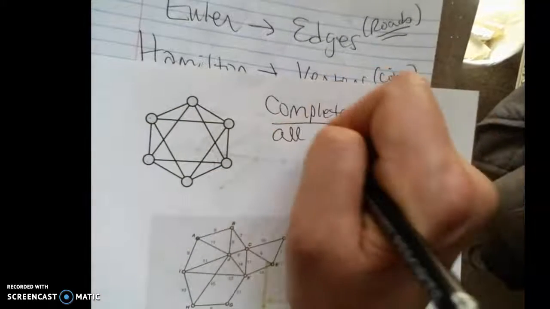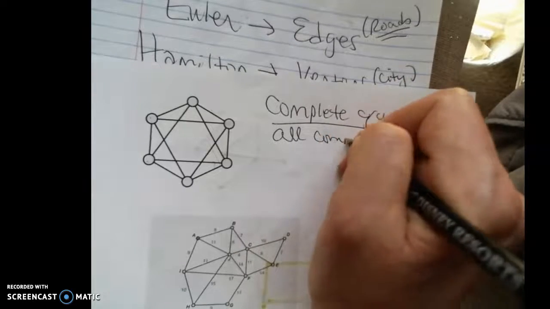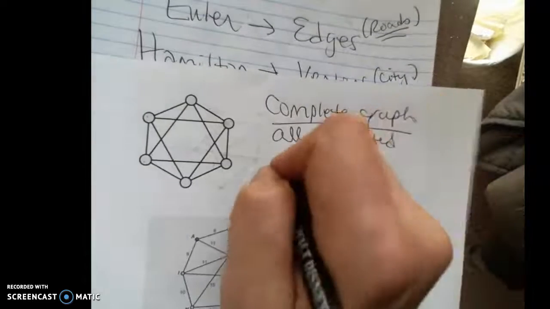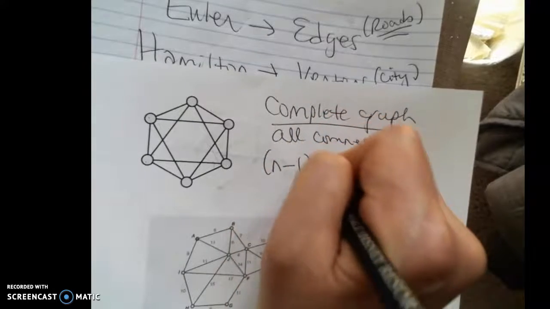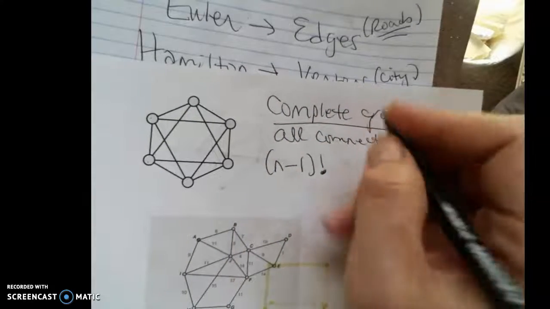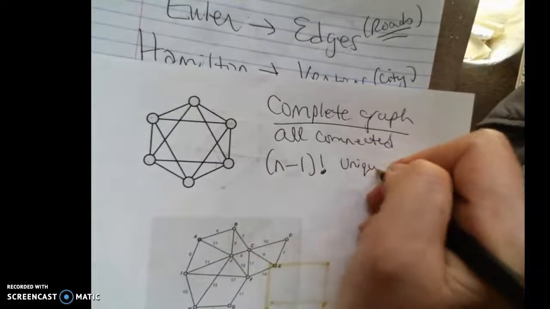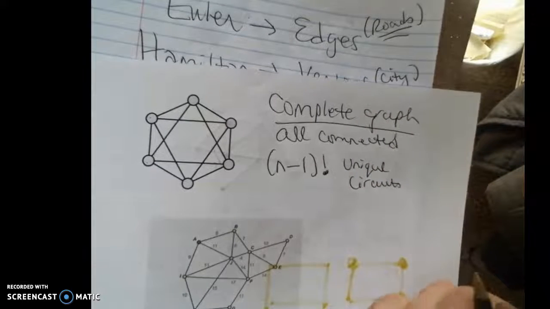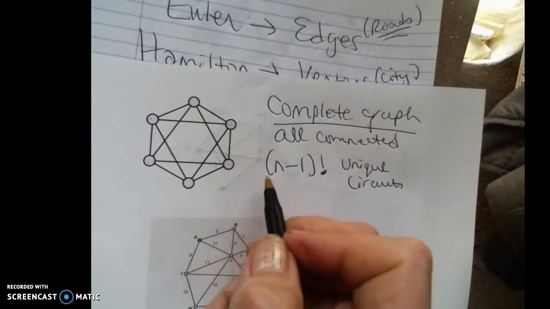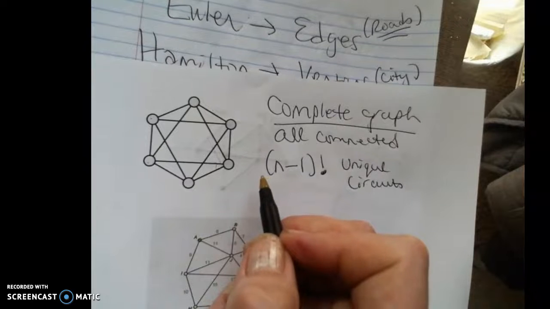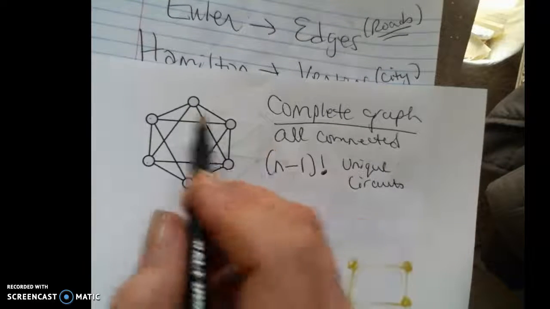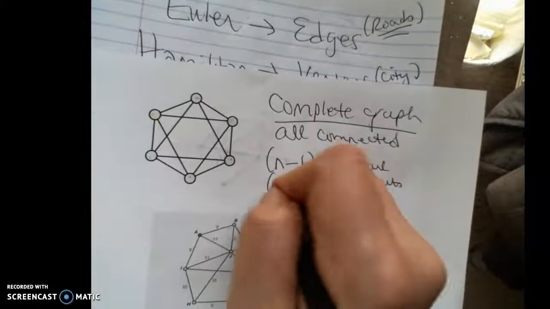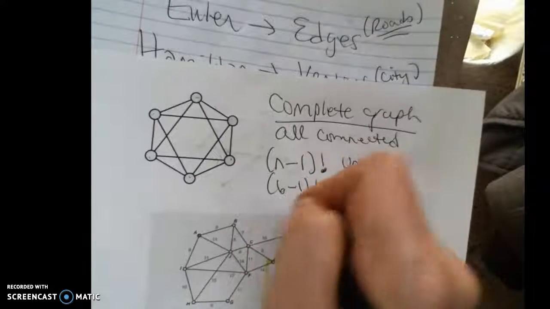So if it's all connected, there is one theorem with Hamilton, which says there are (n-1) factorial unique circuits. Unique, meaning they're actually different, not just rotations of the same. So n is your number of vertices. If I count them, I have 1, 2, 3, 4, 5, 6 vertices. So 6 minus 1 factorial, I have 5